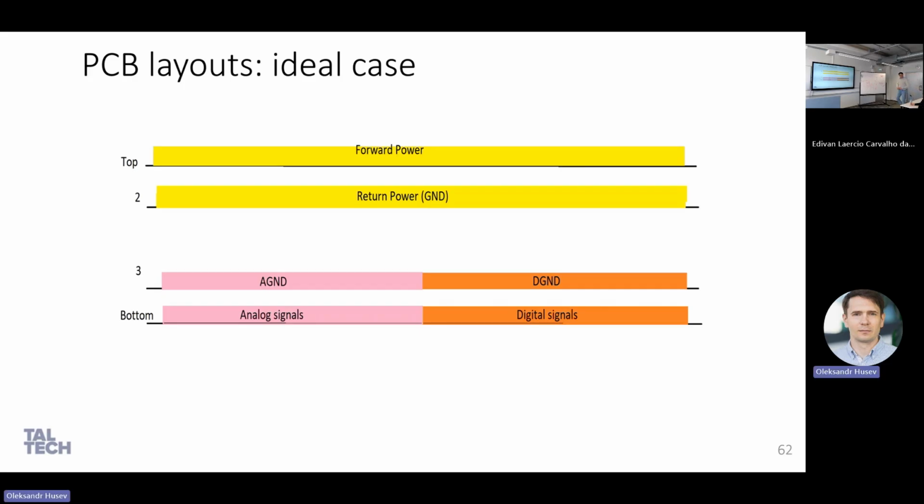35. It's okay. This is copper. 35 could be 70. 35 micrometers, 70 micrometers. But 1.6 millimeters, it means 1 micrometer, right? Agree. So you see, this is,